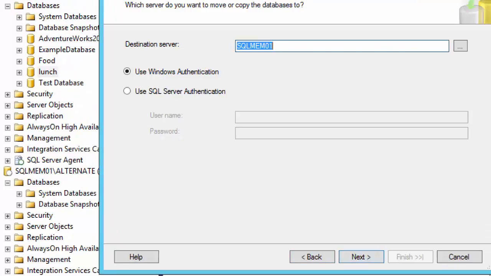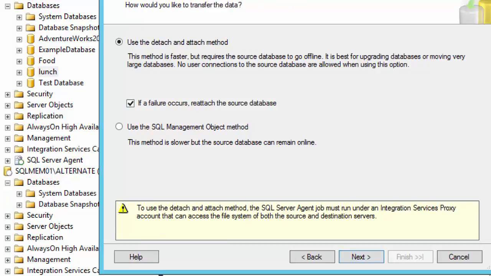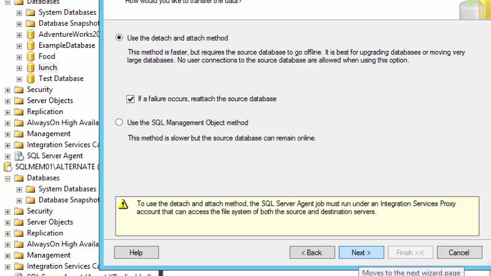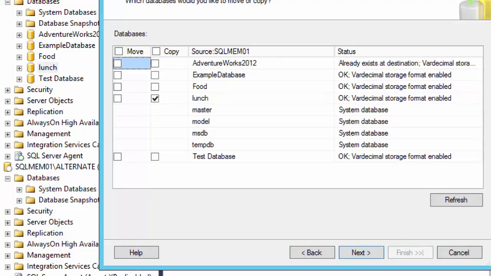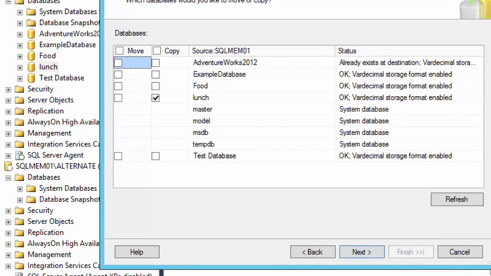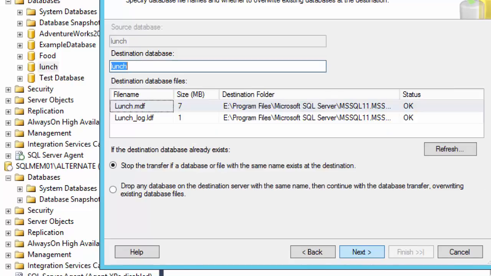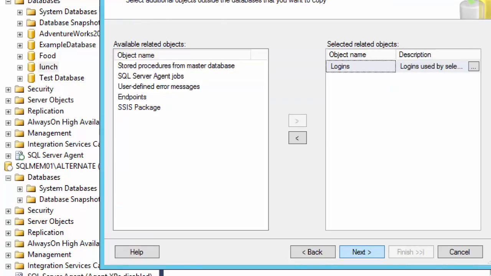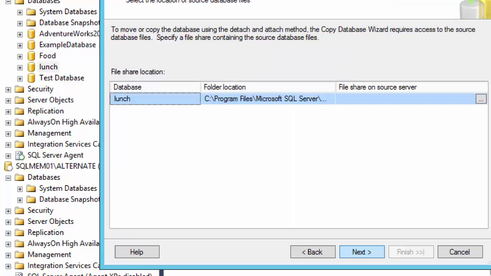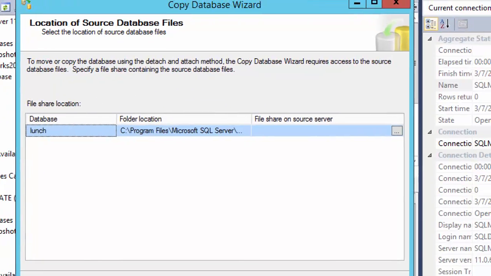Next, destination server is mem02. Next, yes, use the detach attach. Next, lunch database is there. Next, it detects the path. And next, nothing extra, and it detects the path again here.